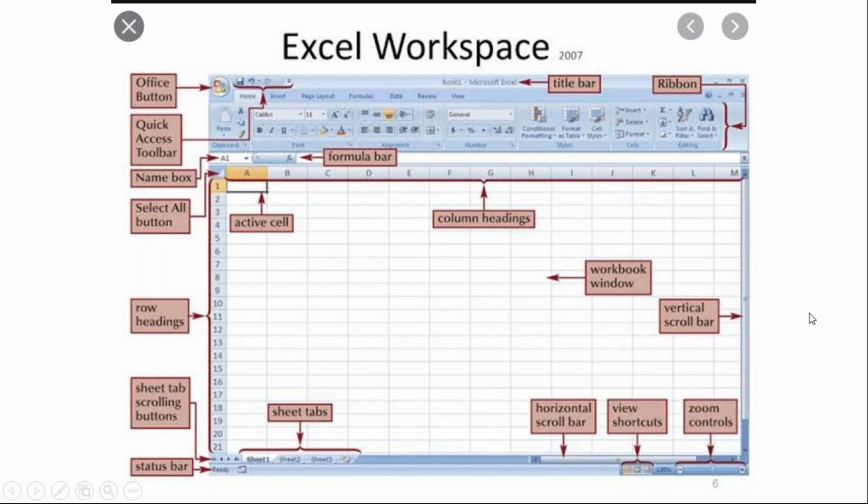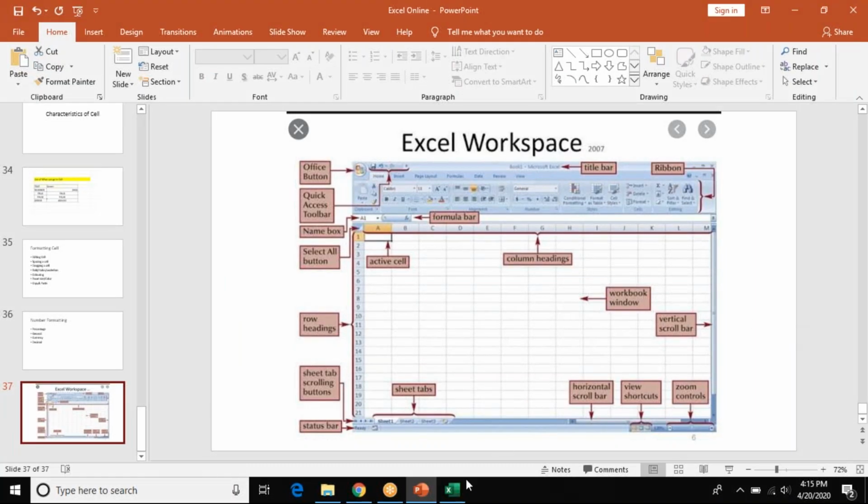Whatever we have explained has been explained in one PPT. Any student should remember these terminologies, and you should be able to point out where they are. We do a lot of functions, but the basic things we often overlook. That's why I'm stressing that you have to go through these things and keep them in mind. It should be at your fingertips. When somebody asks you what is a name box, what is a formula bar, what is a quick access toolbar, what is a ribbon, you should be in a position to explain.